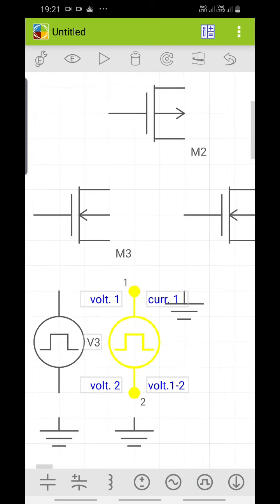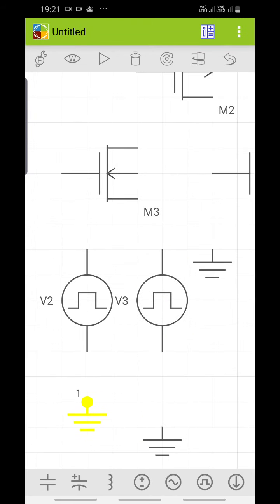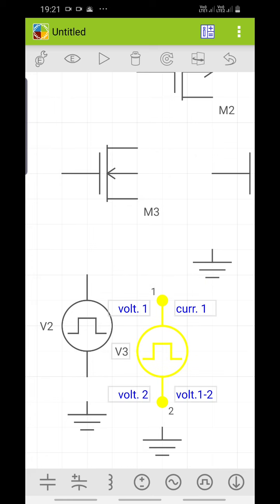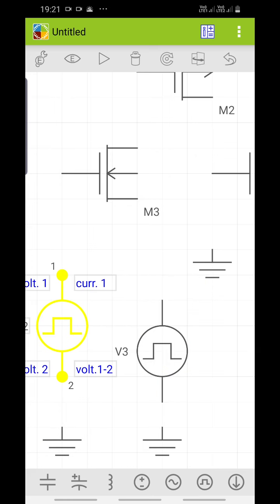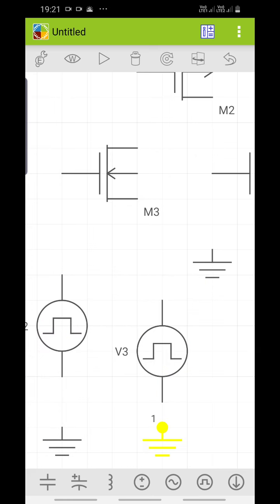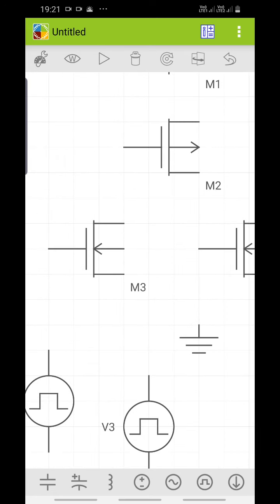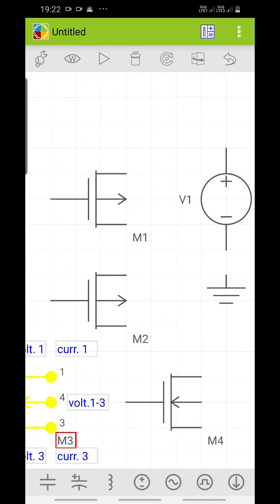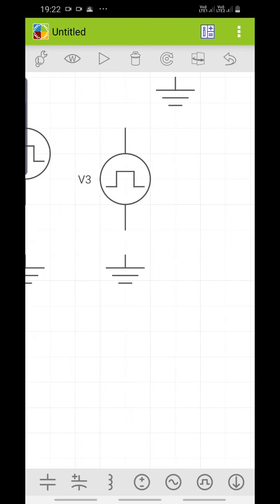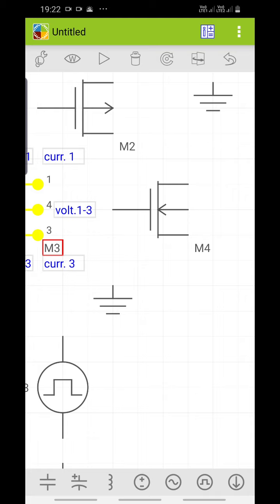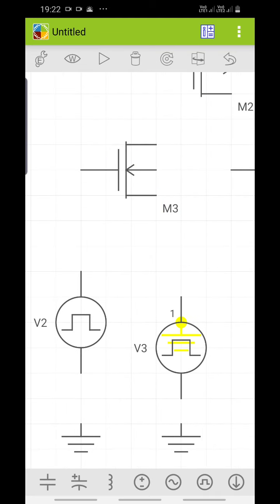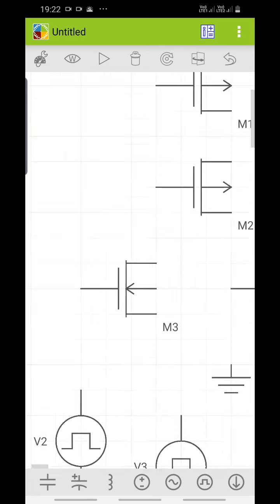I am placing them at the bottom so that I will not have any confused connections. One is the A pulse source, the other one is for B. We can zoom in, zoom out, and scroll horizontally and vertically so that all components are placed. Now we can do the wiring.